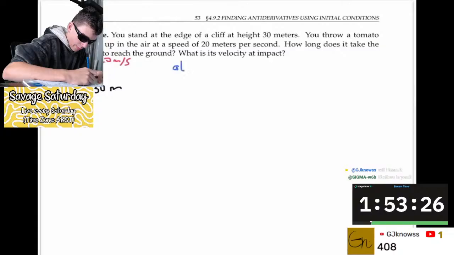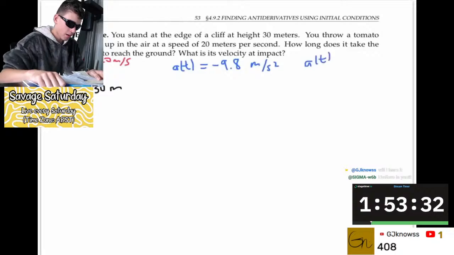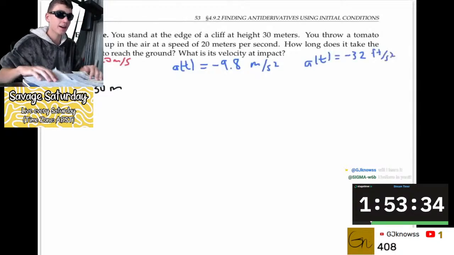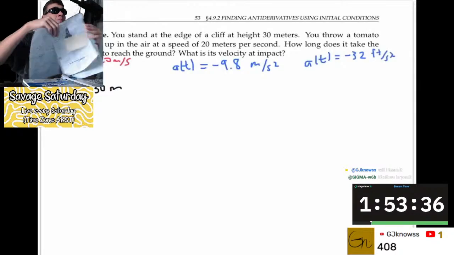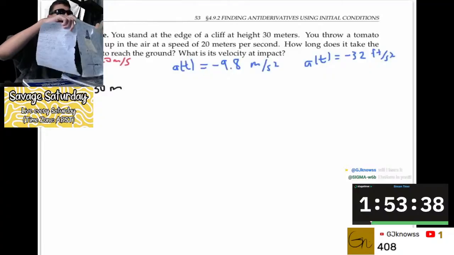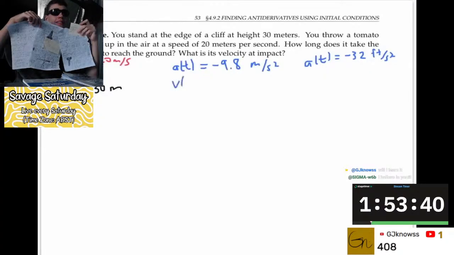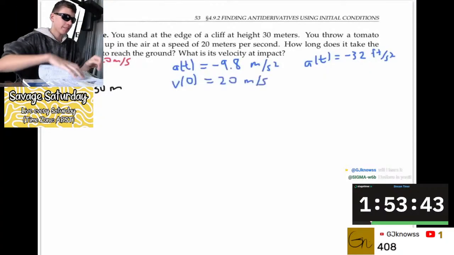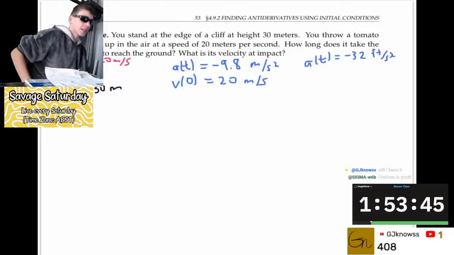We know that the acceleration due to gravity is negative 9.8 meters per second squared if we're working in metric units. The similar figure, if we're working in units of feet, is negative 32 feet per second squared. Gravity is pulling objects down towards the ground, in the negative direction. We're also given the initial condition that velocity at time 0 is 20 meters per second. That's a positive velocity because we're told that the initial